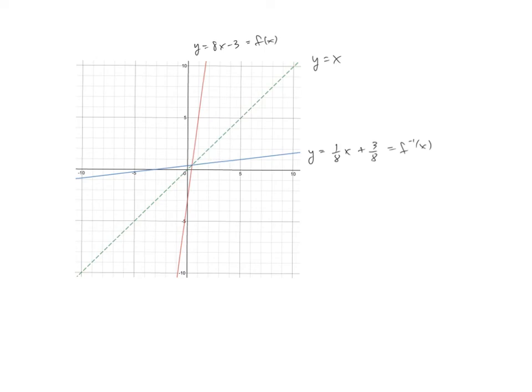The other thing worth noting that we're actually going to generalize here in a little bit is the fact that the slope of this line is 8 and the slope of this line is 1/8. The fact that they're reciprocals, given they're not vertical or not horizontal lines, is significant. That's going to be the case every single time. And so when it comes to these types of functions, there's always these little relationships that are interesting to discuss, and that being one of them. Now I'm going to go ahead and clear the screen,